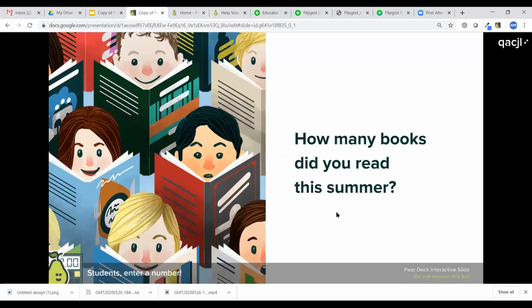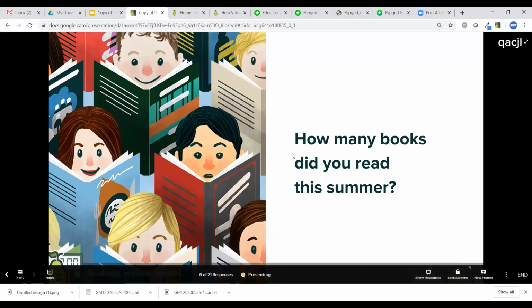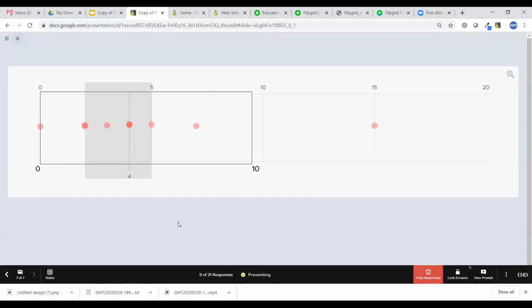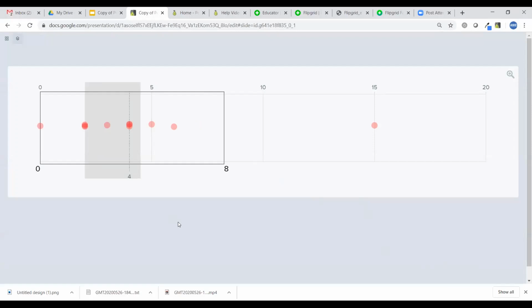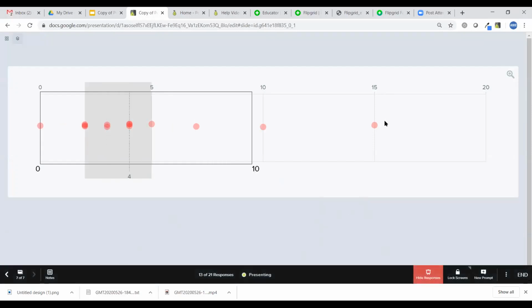How many books did you read last summer? Not necessarily that question, but the ability to input numbers. So we could scratch out some work and put some numbers into this response here. So how many books did you read last summer? And what this view gives us is a little bit of a box and whisker plot. So there's an outlier, somebody read 15 books last summer, but it also gives us some averages about